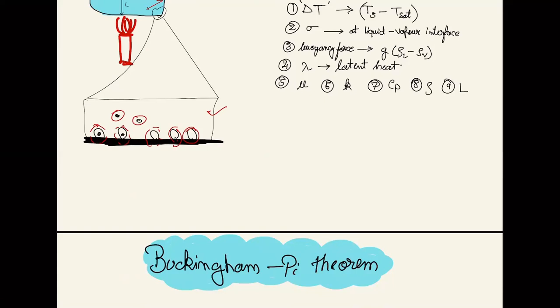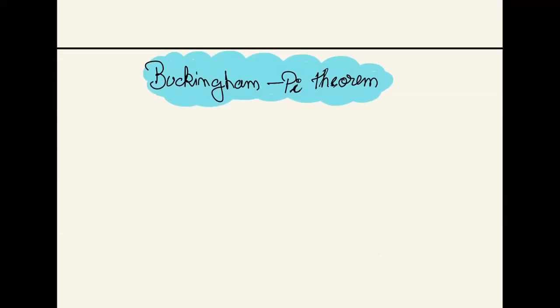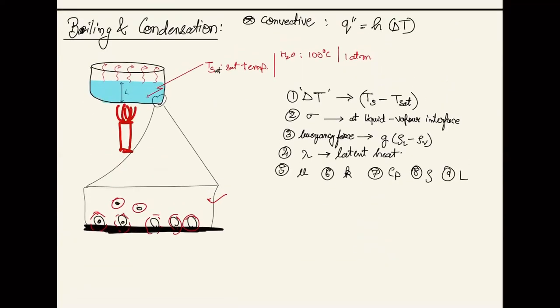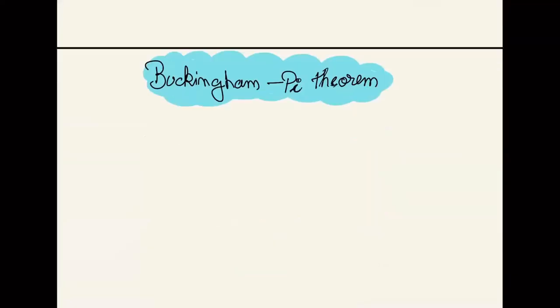In fact, in many experiments also, if you are going to design some experiment to understand some phenomena, and you need to scale that process up, or you need to understand how all these parameters are going to play a role. So maybe you start with some reactor and some reaction is taking place. You don't know on what all parameters this whole thing is going to depend. So you can always use this Buckingham Pi theorem. What the Buckingham Pi theorem says is, first tell me the total number of variables in the process. So in this process we have 9 variables and a 10th one that we need to find out, h. So basically we have 10 variables.